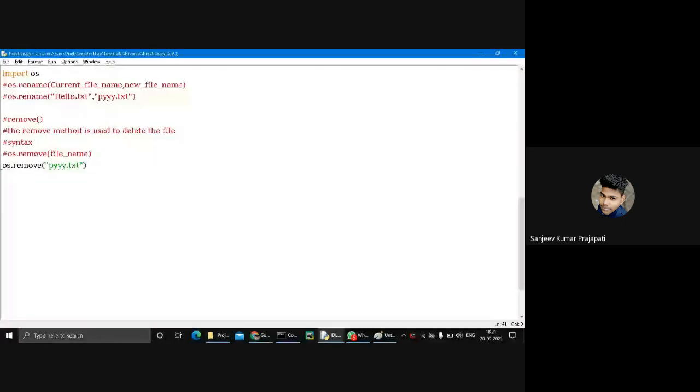So next is make directory. The definition is: the mkdir method, which means make directory, is used with the os module to create directories in the current directory.